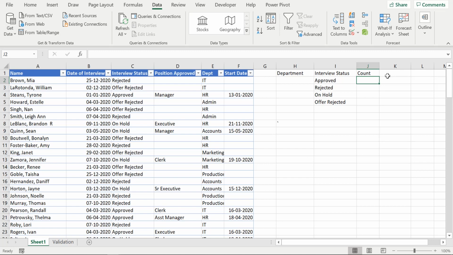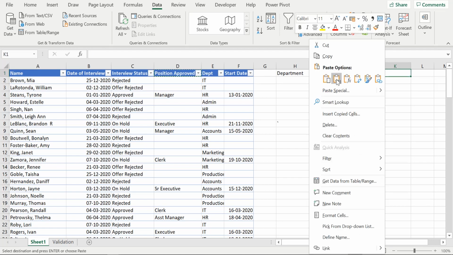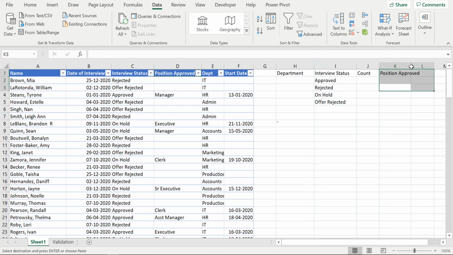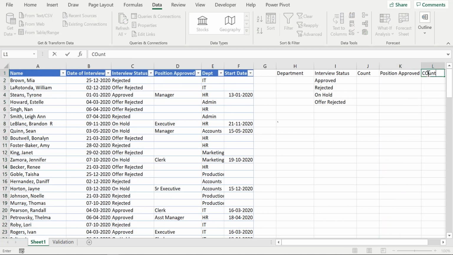Now let's say I also want to know the positions approved. So I will write positions approved over here. Alright, positions approved, and I will write count over here. Okay, so these are the counts.